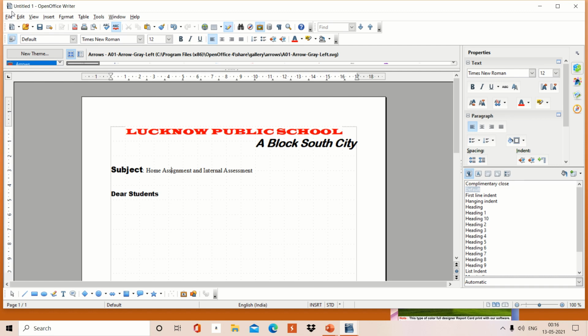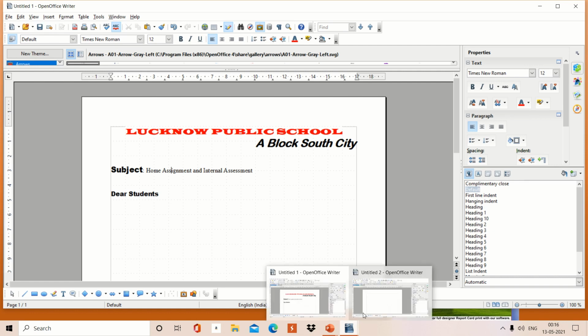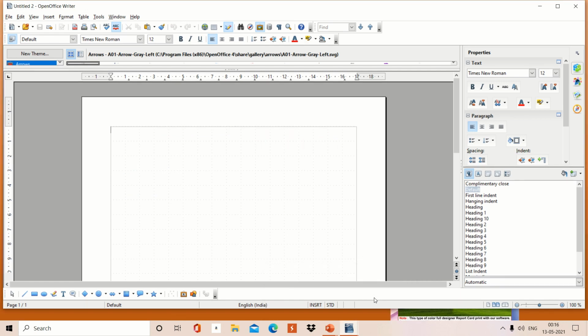Now definitely you want to see where this has gone and how to use it. So the next task is, after creating this template, how you can utilize it. For this, let us go to another document. Here we have another document, Untitled 2. Earlier I was using Untitled 1. Now we are in Untitled 2. This is another new document. Here I am going to show you how to utilize the template that we just made.